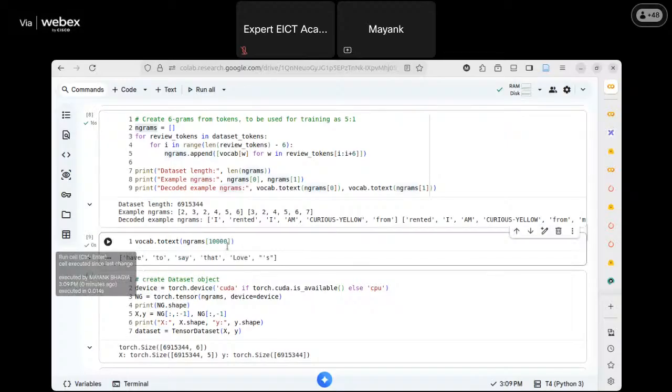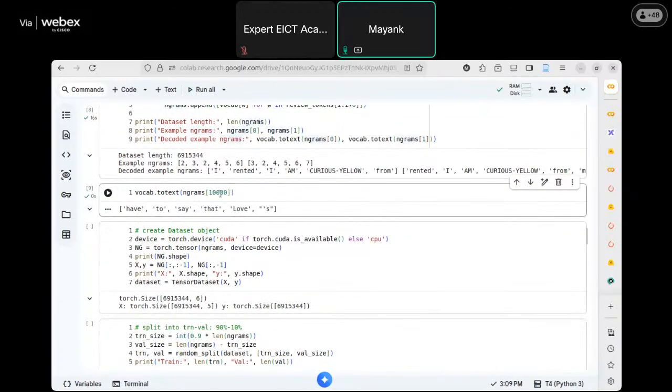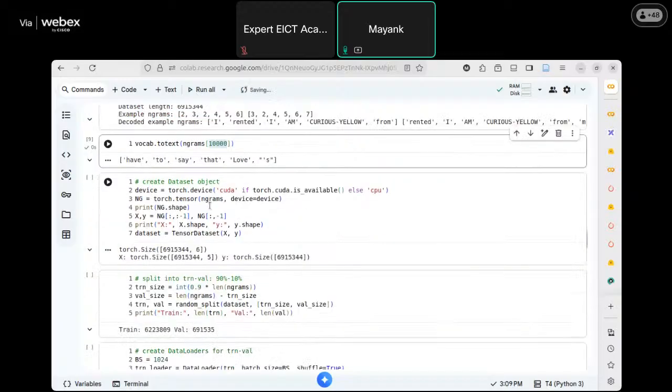ओके। हाँ, तो ये कुछ है कि मैंने एनग्राम्स वाले एक्सप्लोर करा, एनग्राम्स का 10,000 एनग्राम कौन सा है, तो ऐसा कुछ टेक्स्ट निकल के आया है उसका, have to say that love is something। ओके, so having said that, अब हमने हमारे डेटा को एनग्राम्स में प्रोसेस कर लिया है, तो अब हम इससे क्या करेंगे, we will create a dataset object and a data loader object, जो हमने पाइटॉर्च में देखा था।